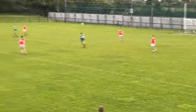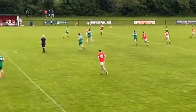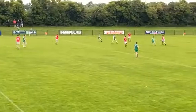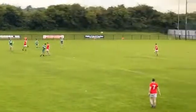Gaps all over the place here now. Fitzy plays the ball to Rob Burke. Rob Burke just slows the ball down, looking for the man out wide. Darrell Phelan almost takes it away from Decky Dowling, but they manage to get the ball. Patrick Quigley chips the ball towards Decky, and Trim have numbers behind the ball here, and they're under no pressure,